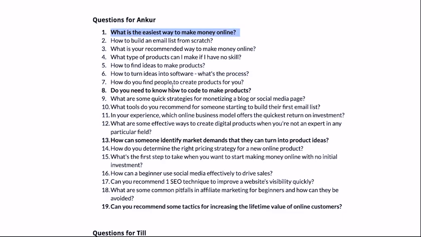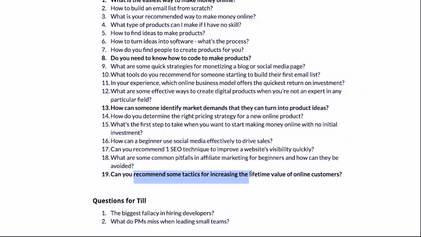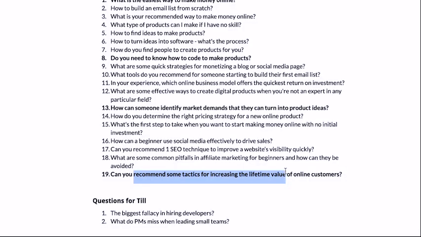So we're going to talk about this, and then how to actually code to make the products. And then also very important is the lifetime value. That's actually the thing that we can all learn from, because as he has many more products, he can monetize with one lead he gets over and over again. And in the end, he also asked me about software development fallacies. Okay, enjoy. So what's the easiest way to make money online?